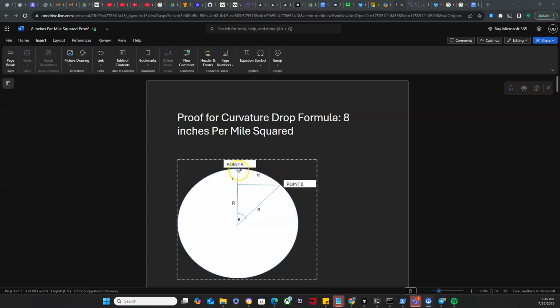You have a distance between them along the surface of the Earth. That is a distance d, and then you have the radius of the Earth that goes from the surface of this point B to the center, and then from the center to point A as well, right? And then